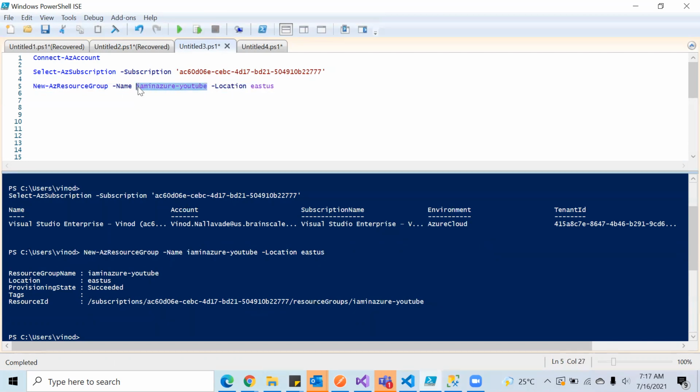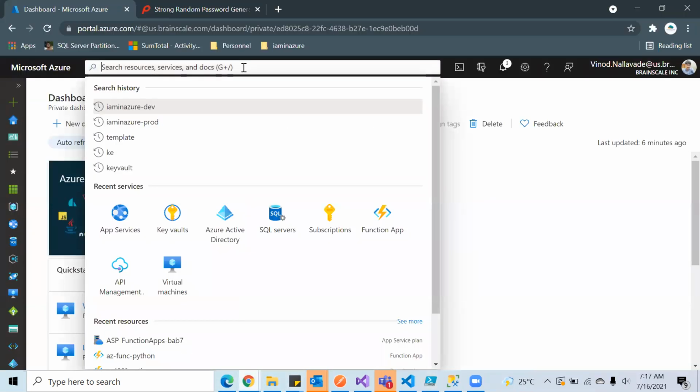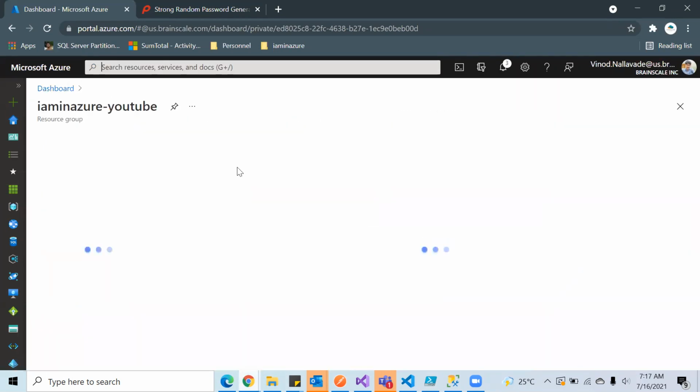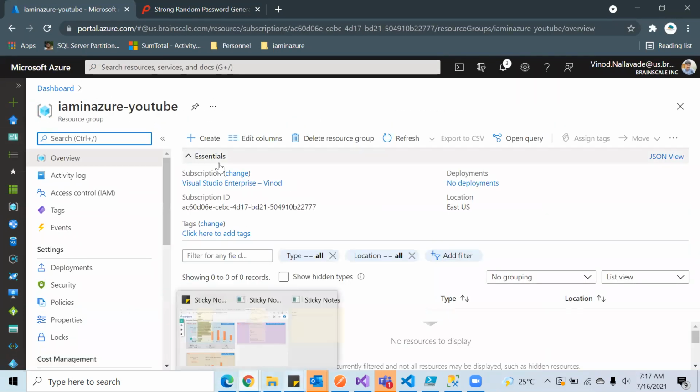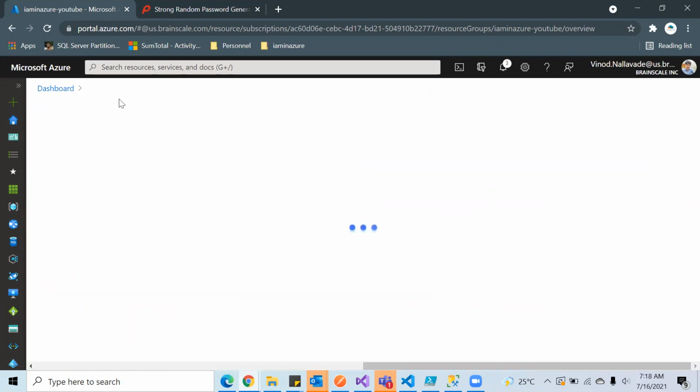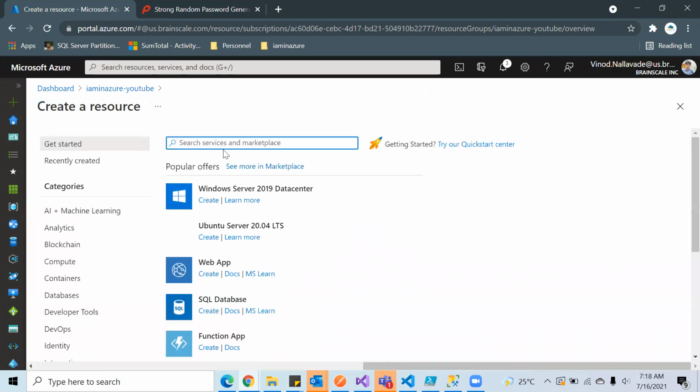So let's try it on the Azure portal. There you go. I created a resource group which is completely blank now. Let's start with creating a key vault inside this.